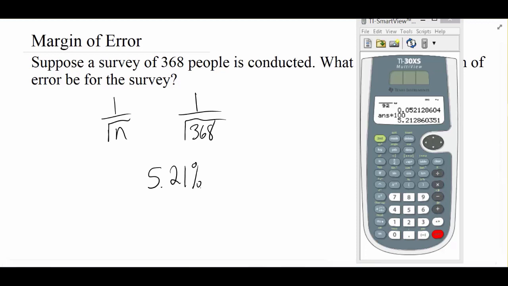If this were, say, a presidential election year and we were trying to look at 48% of the people in favor of this one particular candidate, we might be off by 5%. So this person that we might think currently is in the minority might be as high as 53%. Even though in our sample only 48% of the people were in favor, the actual population might be 53%. And that's why sometimes you'll hear commentators talking about, oh, this race is within the margin of error. That's what they mean, that if candidate A is at 48% and candidate B is at 49%, then that 49% might not actually be winning.